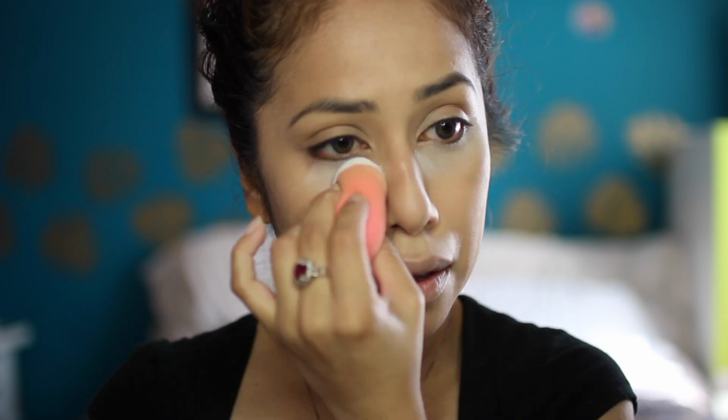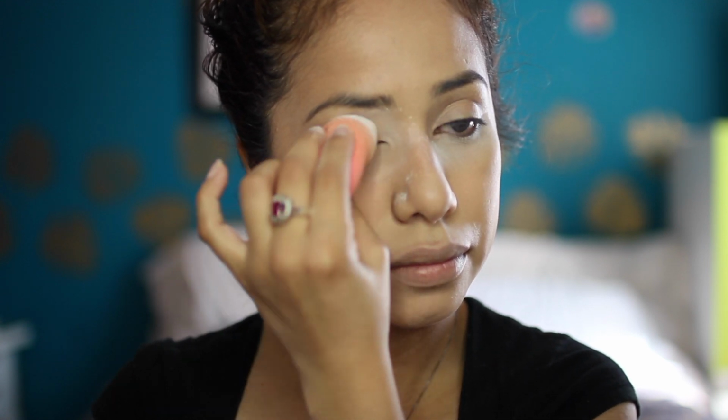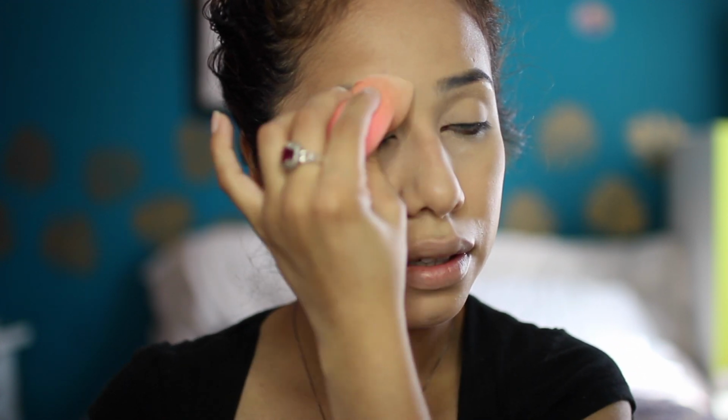I'm going to be taking the RCMA No Color Translucent Powder, and this is a really big bottle. Look, I'm almost done with it. I'm all the way here. It is one of my favorite setting powders to set my under eye. The concealer that we put underneath is also going to help us with our shadows. It's going to work as a primer, so you want to make sure that you set your lid with the